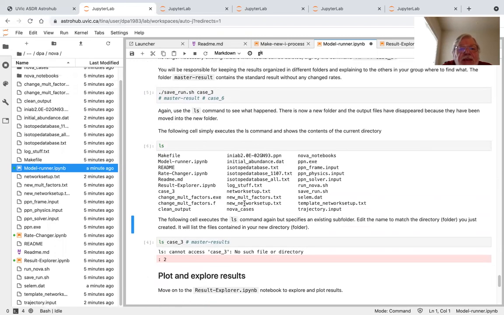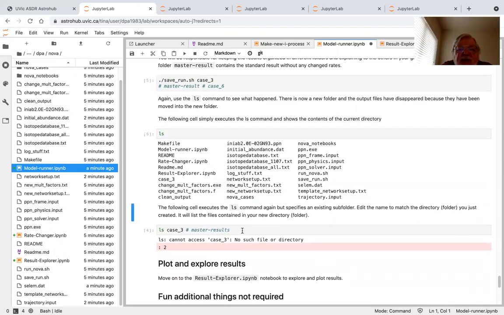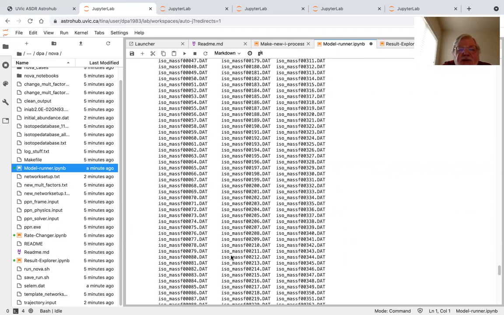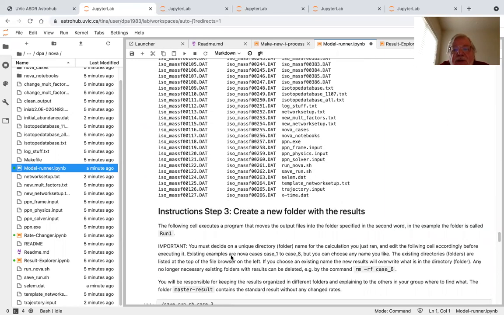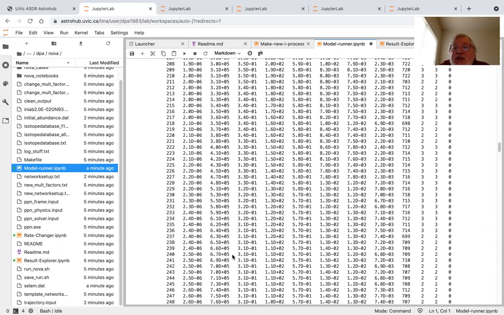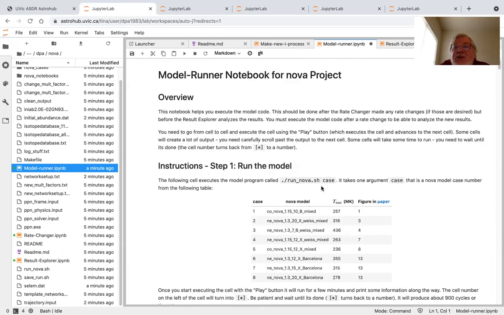Okay, now it works. Try to execute the cell again, if for some reason it didn't. Yeah, so now everything is okay. So that was the model runner notebook, which just allows you to run the model and store results in